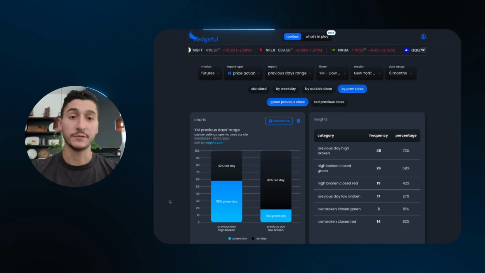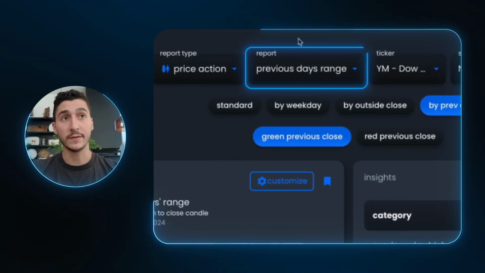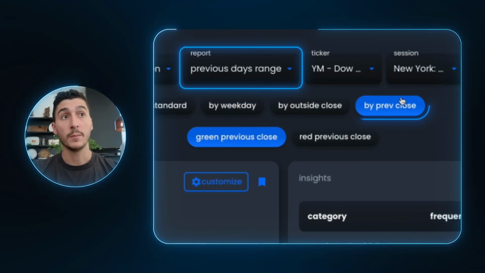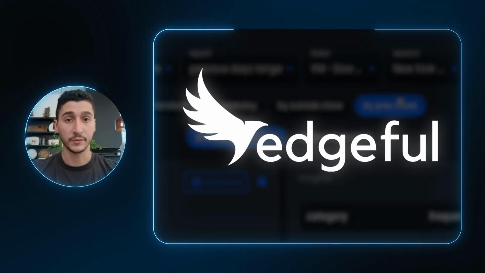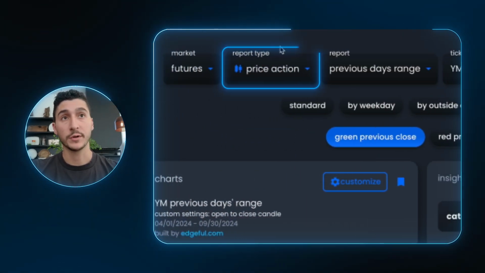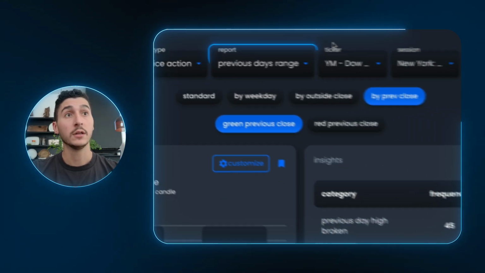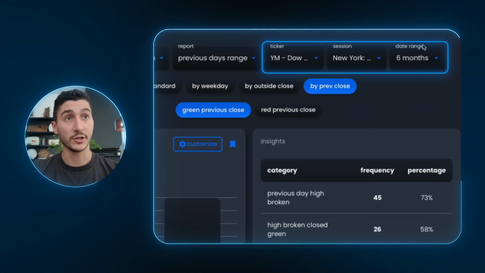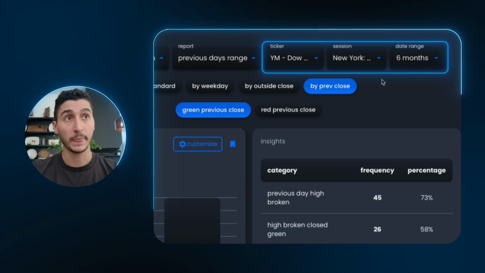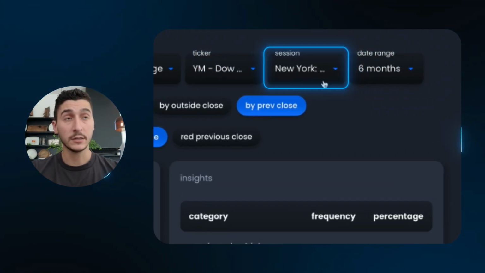What's up, guys? In this video, I'm going to be explaining the previous day's range report by previous close on edgeful.com. So here we're in the price action report type. We are looking at the previous day's range, looking at YM in the New York session in the last 6 months. So one thing that I need to point out is this New York session is very, very important for